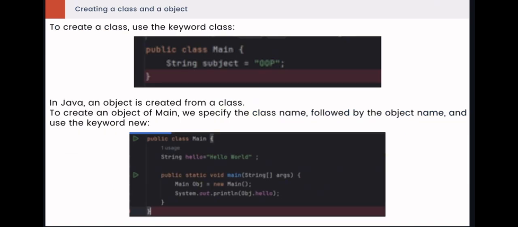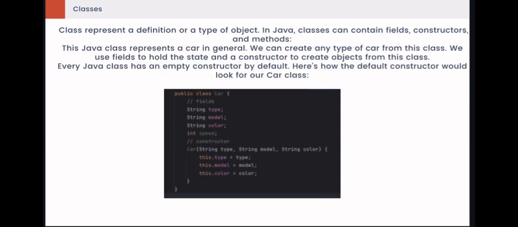To create a class, we use the keyword class. We can name it whatever, like a public class, a private class, or just class. We use the class keyword, and an object is created by specifying the class name followed by its object name, using the keyword new and again the class name, and that's all. Our object will be created after that. A class represents the definition or type of object,